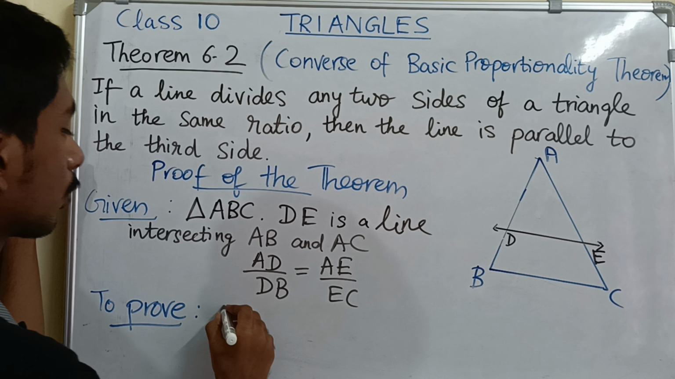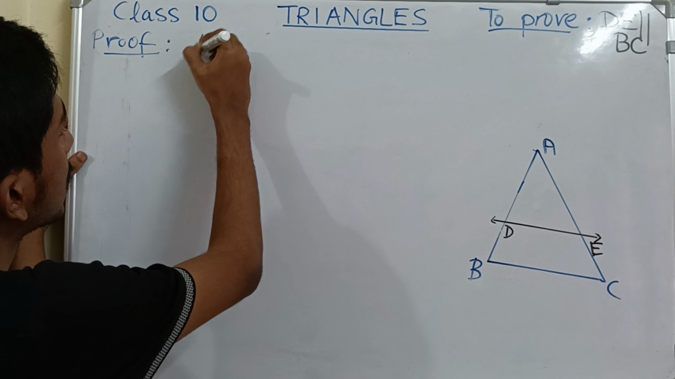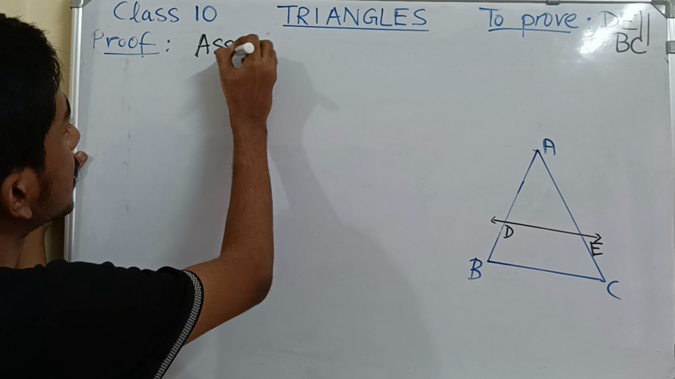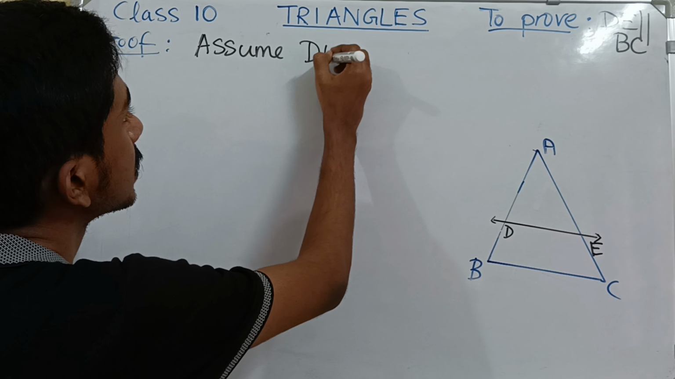So to prove DE is parallel to BC, first we will assume one thing. We will assume DE is